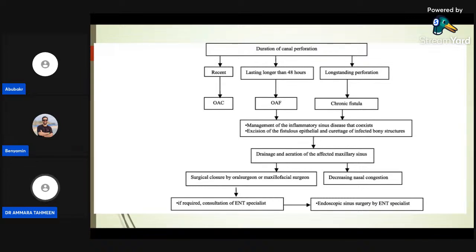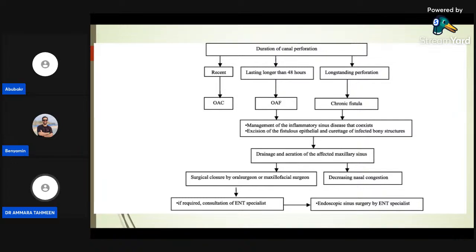If you see there is a small fistula but there are large polyps, it's better to refer the case, or rather you should work along with the ear, nose, and throat surgeon, the ENT surgeon, for functional endoscopic sinus surgery. In functional endoscopic sinus surgery, the ENT enters the sinus through the nasal cavity and does a nasal antrostomy. By endoscopic procedure, they remove all the antral polyps and other sinus disease.